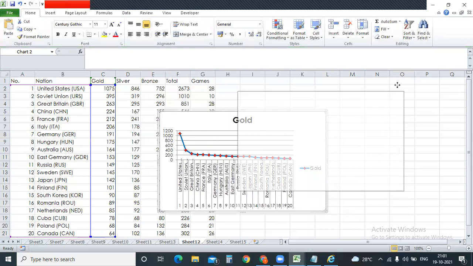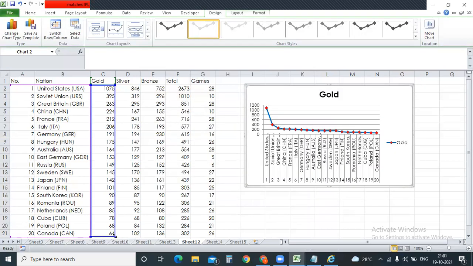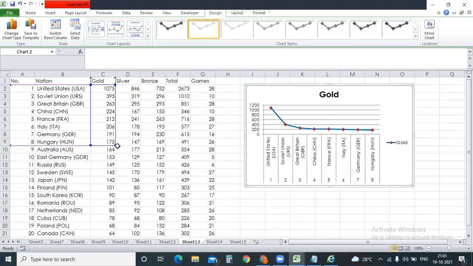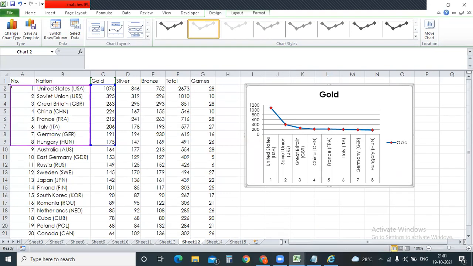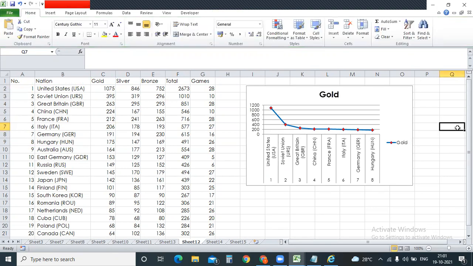Here you can select the changes. As there is too much data, you don't want data for those things, so just scroll down. You don't want serial numbers, again scroll down. Serial numbers you can remove. Okay, so now the graph is done. When the data is refreshed, this graph will also refresh automatically and give you the data.